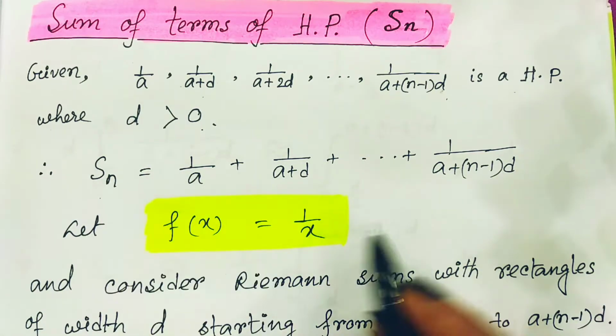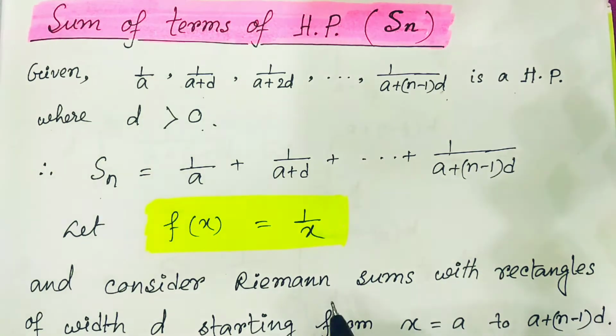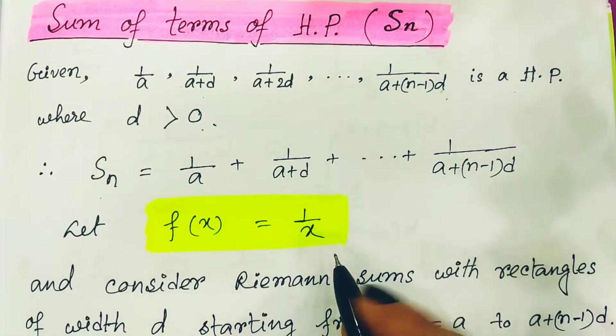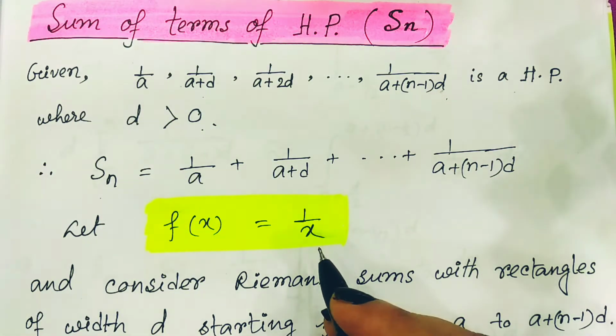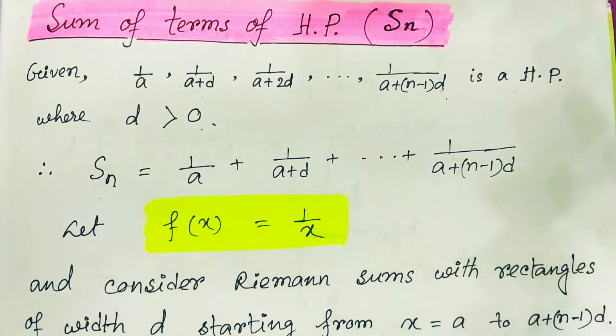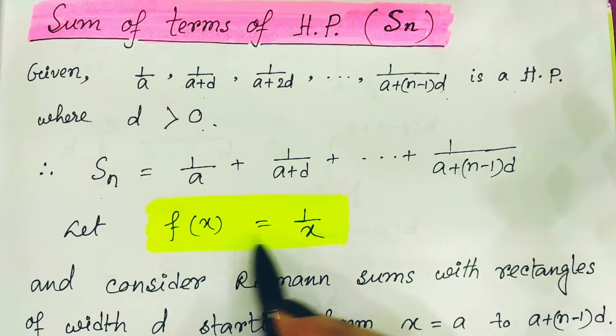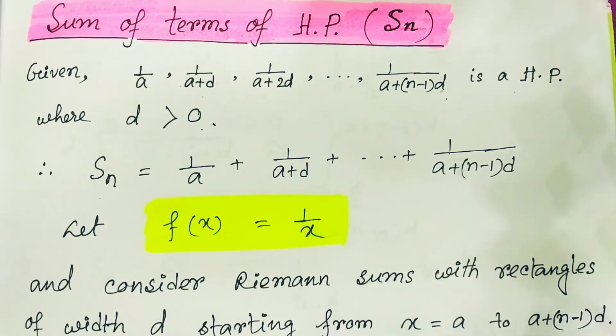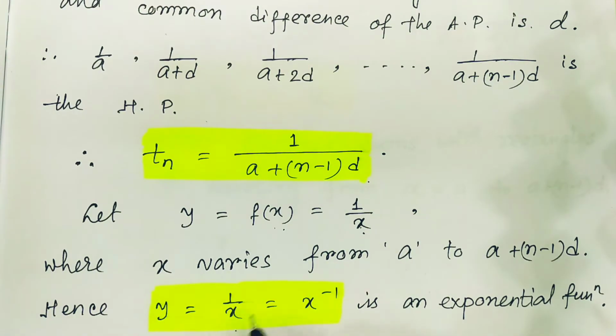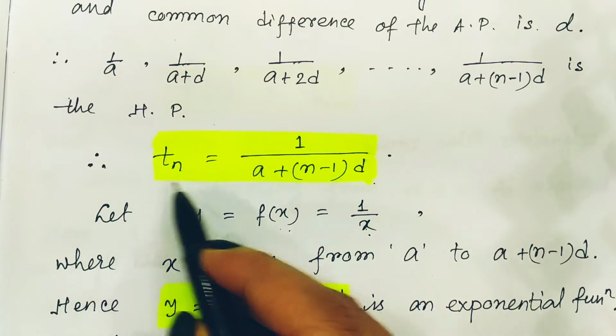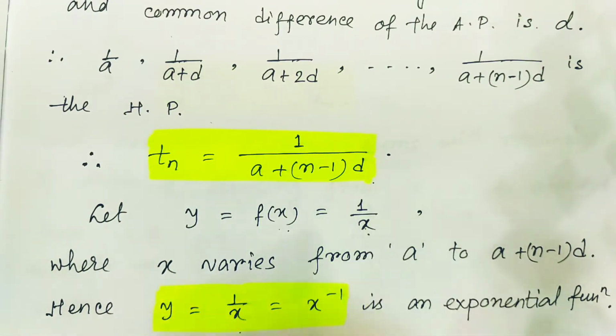Now the Tn term we can express as the function f(x) equals 1 by x. We came to know this from our previous video, where I explained how any AP, GP or HP can be represented in a geometrical form or in a functional way. So we can represent any HP series in this form, f(x) equals 1 by x, and then plot this function. Here 1 by x comes from the Tn term, which we know is 1 upon A plus (n minus 1) into D.